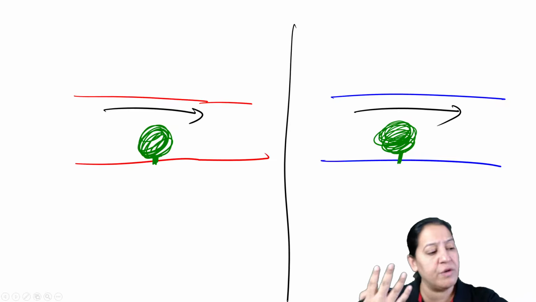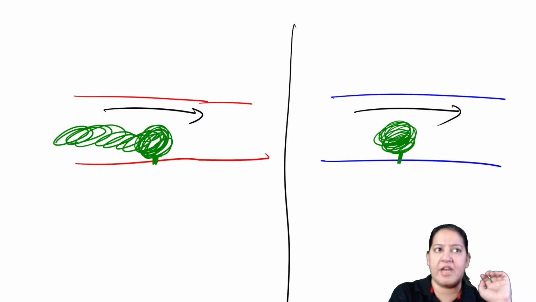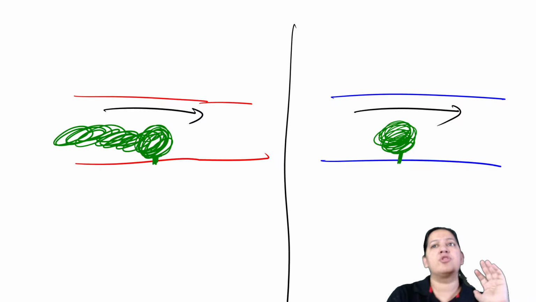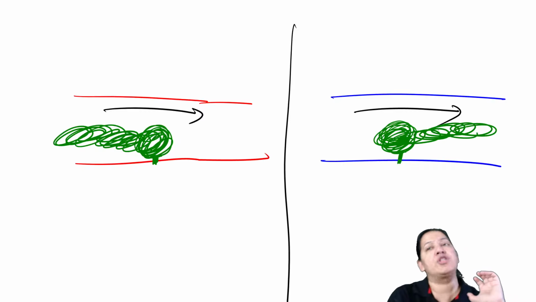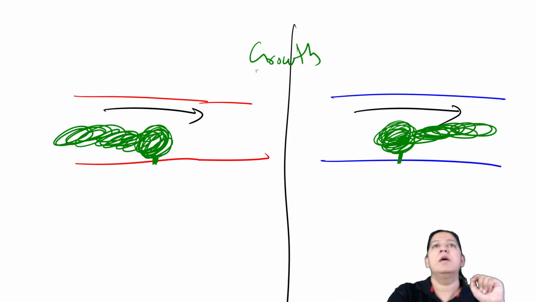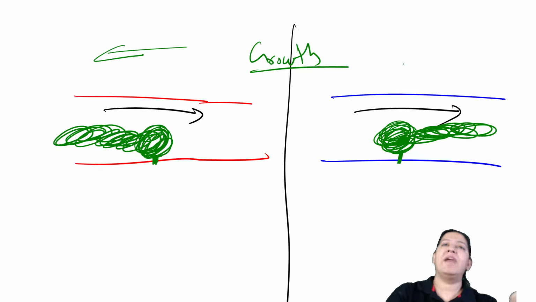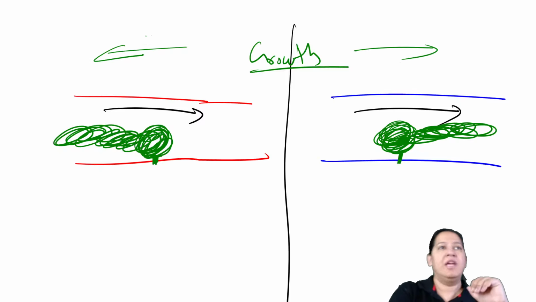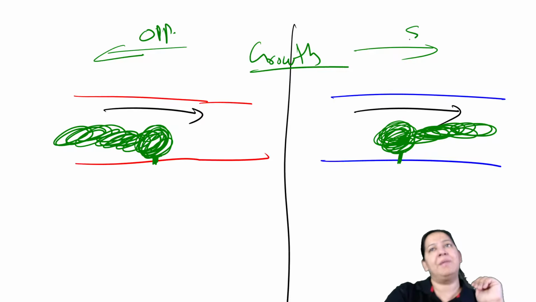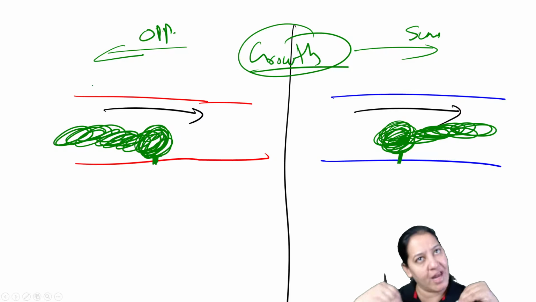Now, what is the direction of the growth of the thrombus? In the artery, the thrombus grows opposite to the direction of the flow. And in the vein, the thrombus grows in the same direction as the blood flow. That is the growth of the thrombus. So in the artery, it takes place in the opposite direction to that of blood flow. In the vein, it takes place in the same direction. Here opposite direction, here same direction.